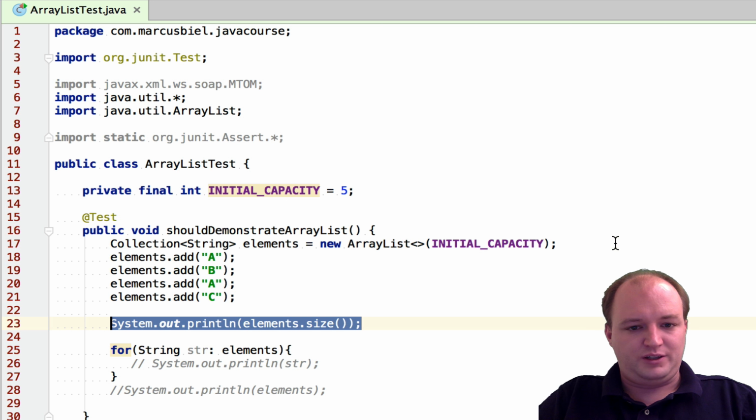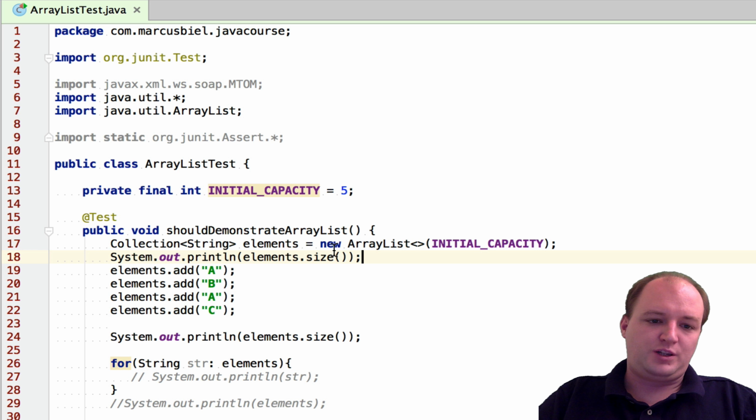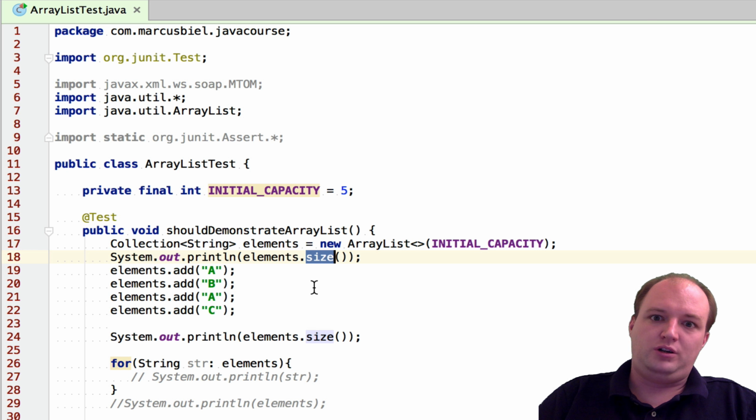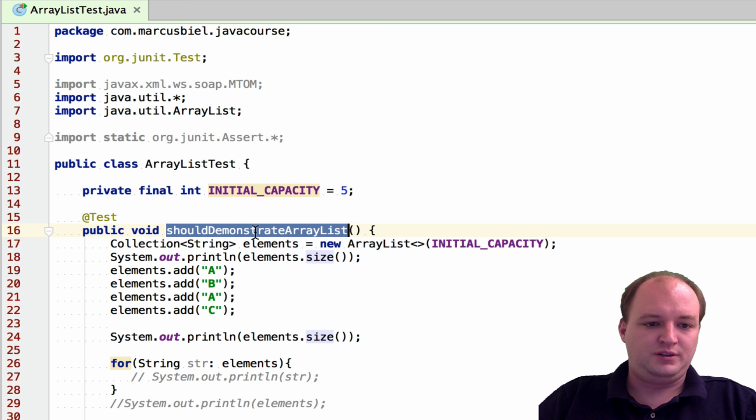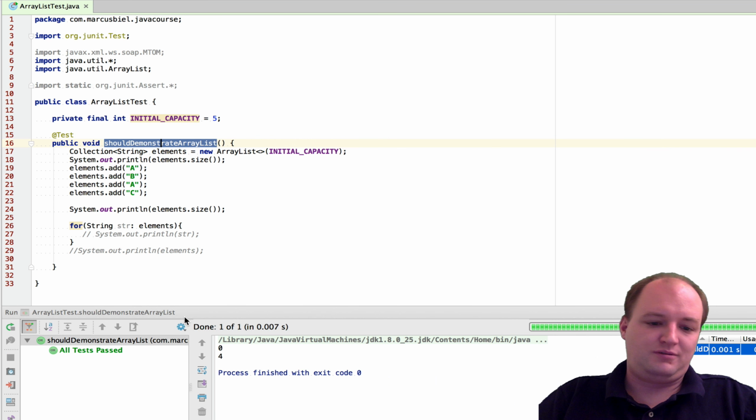Let's also do it directly after instantiation of the object. So I expect here to see a 0, no elements included. Or, I mean, another possibility is that this would throw an exception if the list is empty. So let's check that. Execute the test. Well, it's actually not really a test, I'm just experimenting.